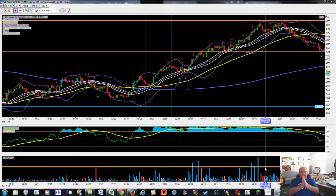Anyway, what I want to talk about is obviously the trade. I'm going to specifically talk about the crude oil opening range trade that I normally take on any given day that I'm looking at the market, and that's what you see in front of you. You see the vertical lines and the horizontal lines, and I'll go over that in a little more detail. But before I do that, what I want to talk about is